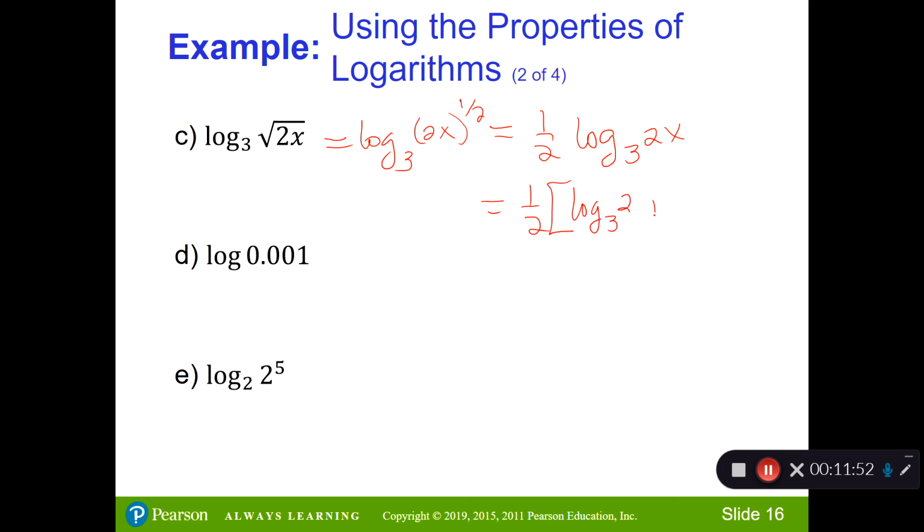Log base 3 of 2 plus log base 3 of x. So that's 1/2 log base 3 of 2 plus 1/2 log base 3 of x. Now,